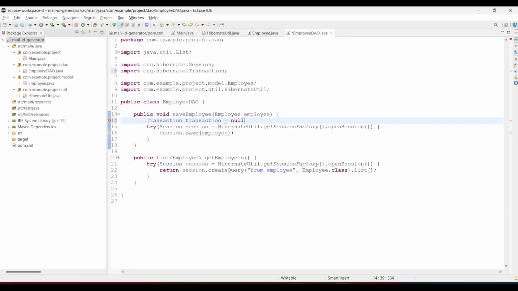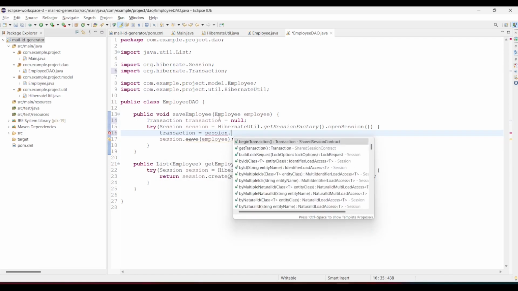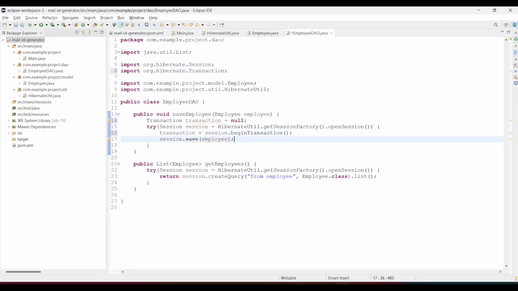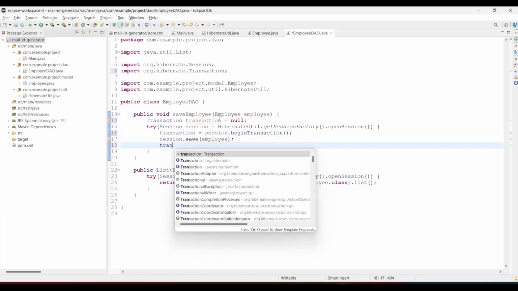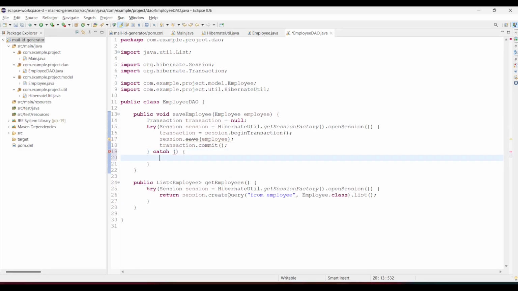So this is going to be null by default, and here we will create an object, begin transaction, and transaction dot commit. Okay, that's it. So if let's say something went wrong, in that case we will have an exception. So I'll just catch that exception here,